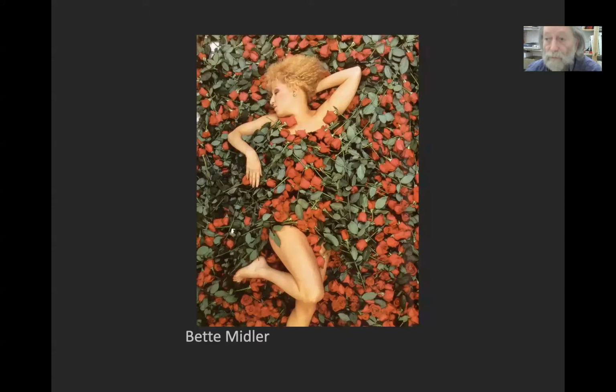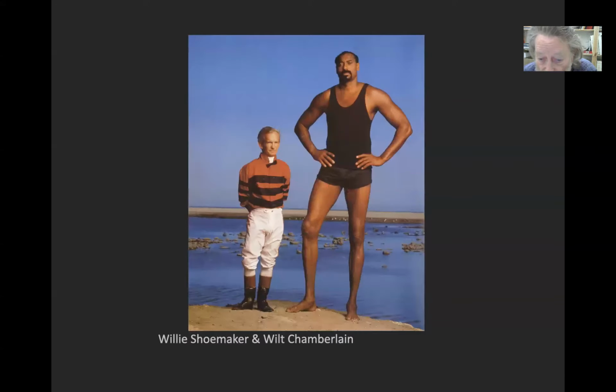Bette Midler was in a movie called The Rose. And apparently they had set up the shot with roses, and dozens of roses were delivered. They all had thorns on them, and it hadn't occurred to Leibovitz that these were going to come with thorns. So she and her assistant were pulling thorns off because they didn't want Bette Midler to get pricked by a thorn. Willie Shoemaker, jockey, and Wilt Chamberlain,